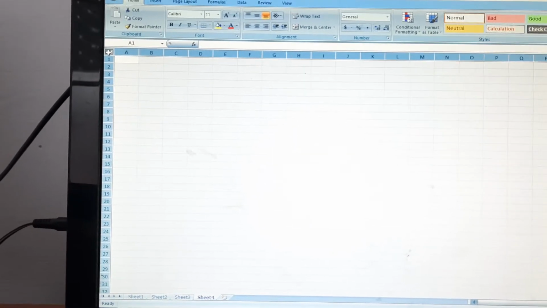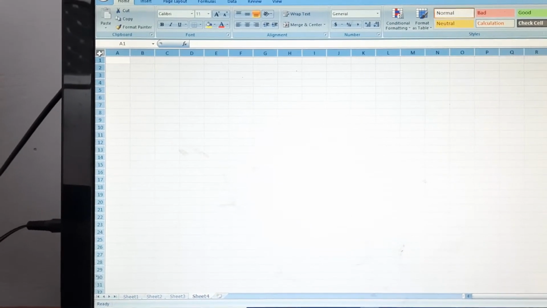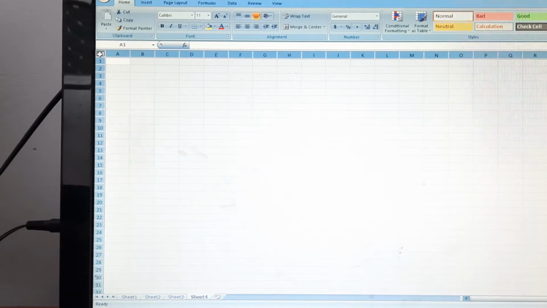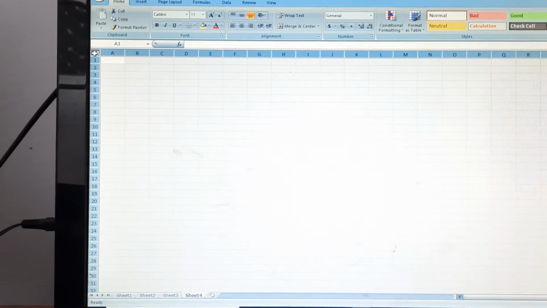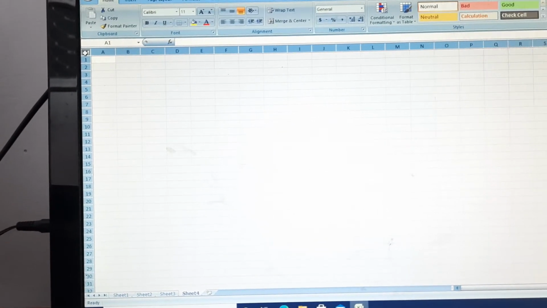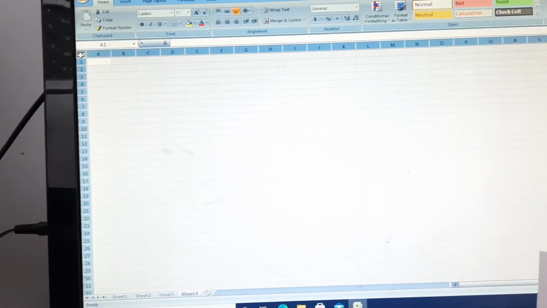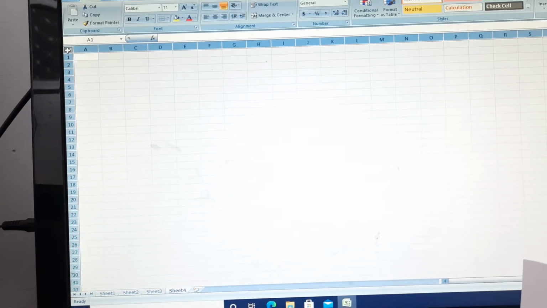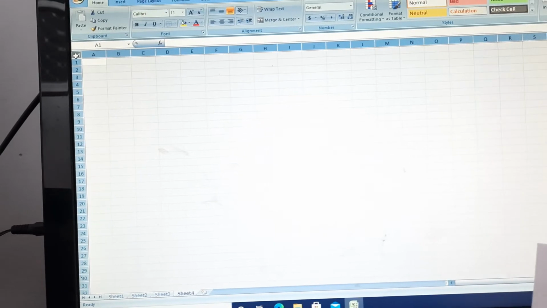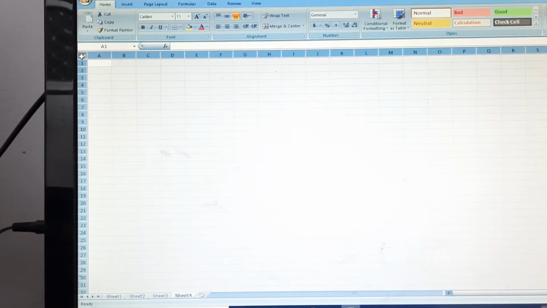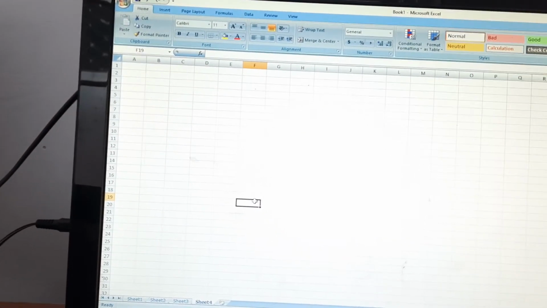So how will you select the whole column? You go to whichever column you want to select, and a black arrow appears in that, and you click, that whole column will be selected. In the same way you can select the row, and if you want to select the whole sheet, then go to that small blank box near the column name and row number. As you click that, the whole sheet is selected. So in this way we can select the sheet, the column and the row.